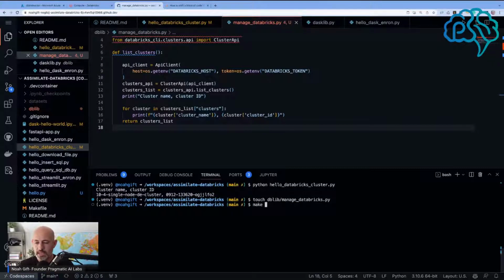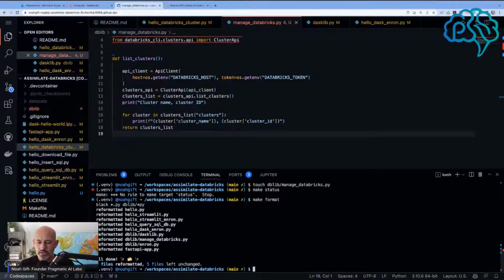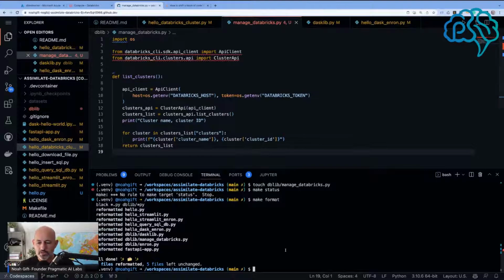So let's say make status format. Yeah, it looks good. Formatted that a little bit. Now all I need to do is import this into a command line tool. So if I say touch and I say CLI manage, say CLI manage Databricks,